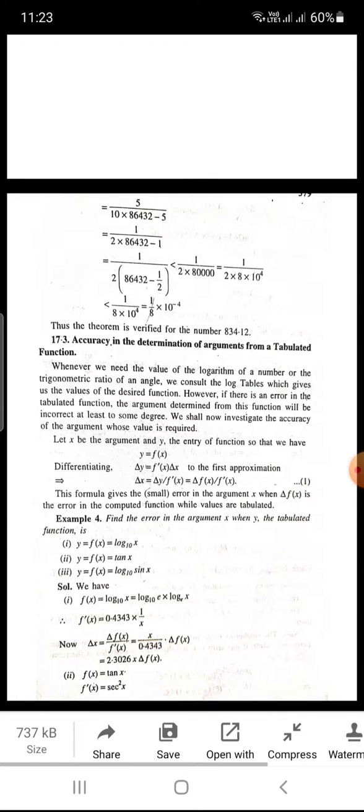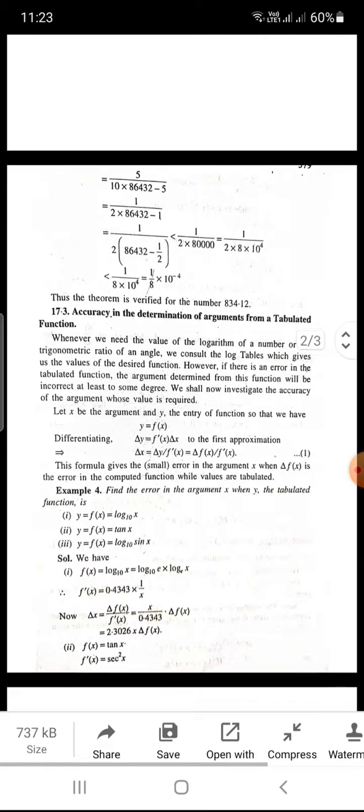Now I will be finding accuracy in the determination of argument from a tabulated function. Whenever we need the value of the logarithm of a number or the trigonometric ratio of an angle, we consult the log tables, which gives us the values of the desired function. However, if there is an error in the tabulated function, the argument determined from the function will be incorrect at least to some degree. We shall now investigate the accuracy of the argument